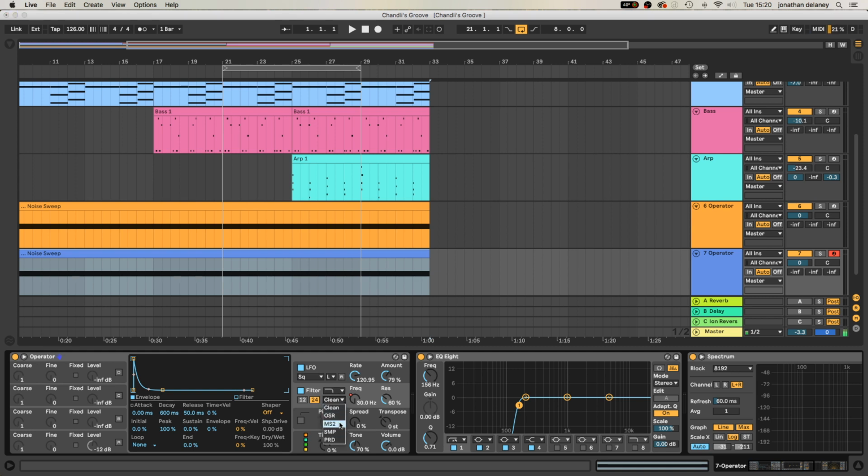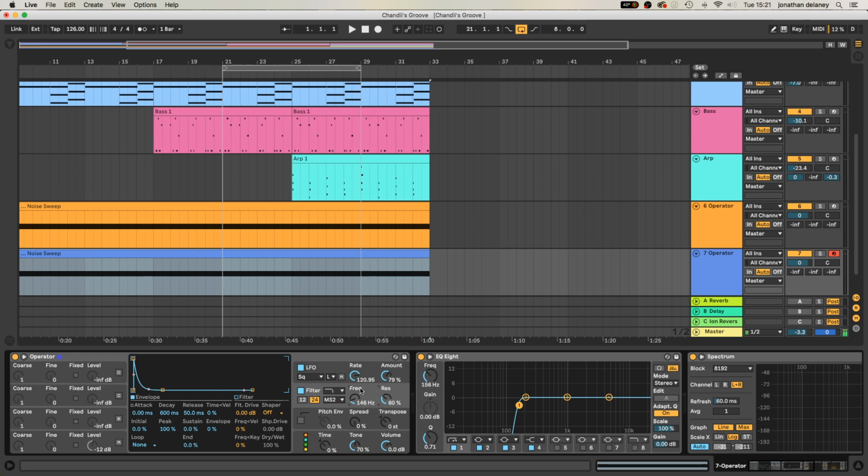And I'm going to change the filter type to MS2. Now this is basically a model of an analog filter. And if you crank an analog filter too much, it self-oscillates, and the word oscillate is the key here. Oscillate means generate sound, move, create vibrations, and that's basically what we're going to do. So I'm just going to delete the automation here,